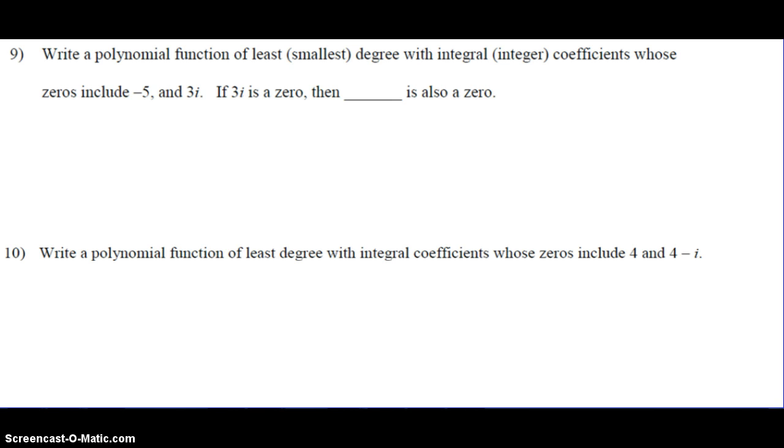On the next page, we have examples 9 and 10 to finish out our section 6.7. We want to write a polynomial function of least degree with integer coefficients whose zeros include -5 and 3i. If 3i is a 0, then we know that -3i is also a 0. We're going to use factors to help us out. They already told us what the zeros were, so we know we have an x that's equal to